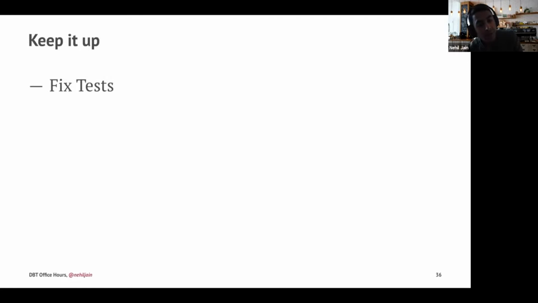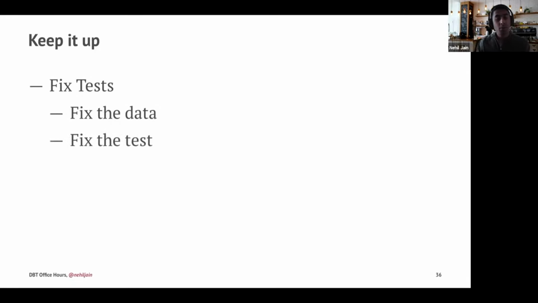Lastly, to keep it up, keep fixing the tests, and that can mean three things. You either fix the data, so sometimes you might just have to discard a record, or change something in the data itself, which can solve the test, which is a legitimate thing to do. Or you can fix the test, of course: our assumption of the data was wrong, and so you fix the test. And then lastly,